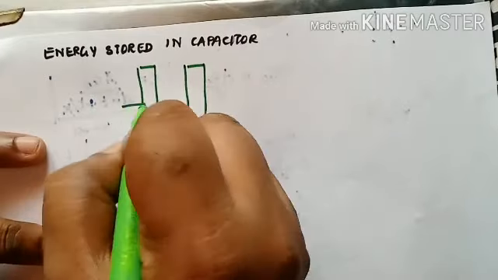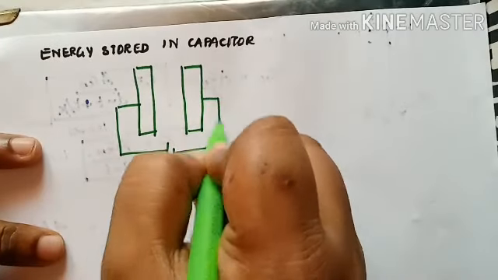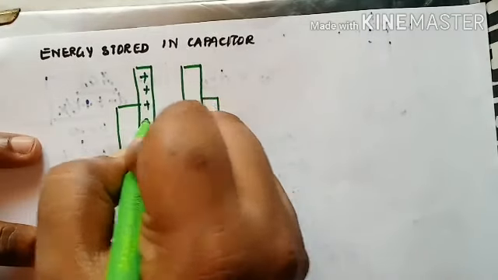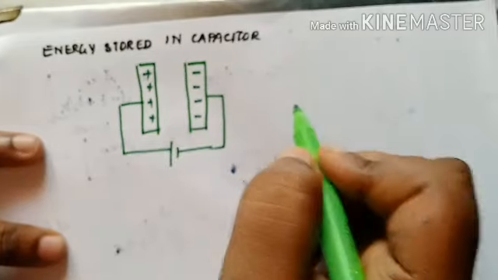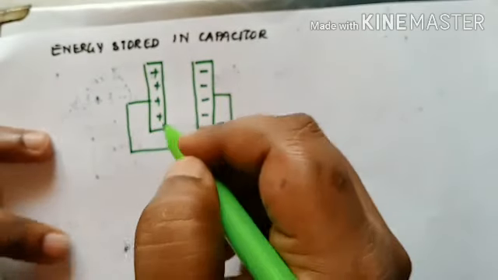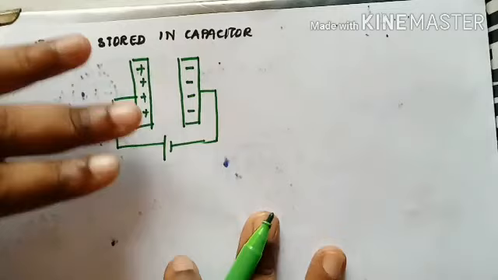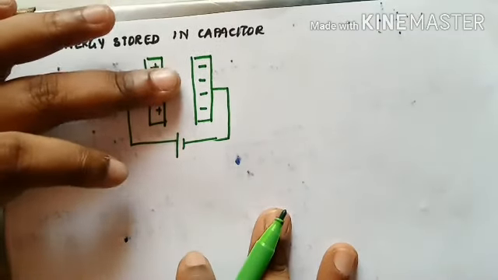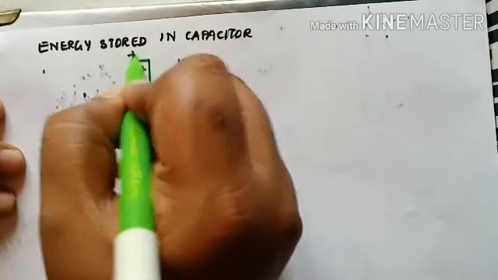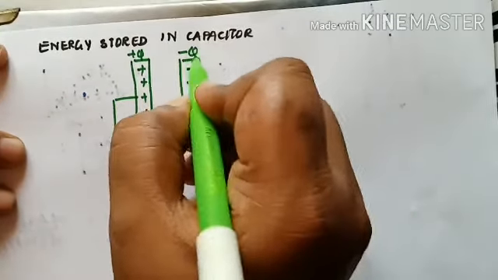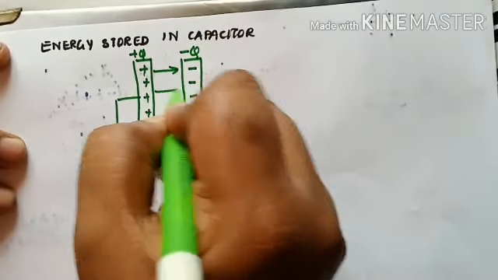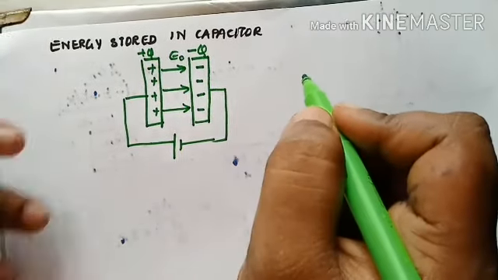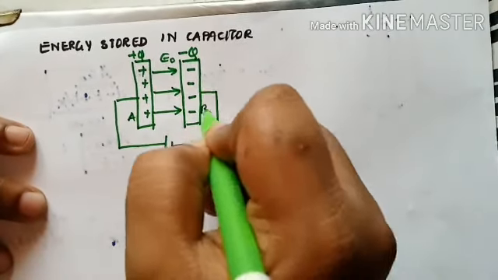We charged, or gave supply to, a system like this so that this terminal became positively charged and this plate became negatively charged. Remember, we made the medium between these two plates filled with vacuum, air or dielectric. Suppose the charge over here is plus q and this is minus q, and there is an electric field, that is E naught. This is what we taught in the earlier hour. Suppose this is A and this is B.